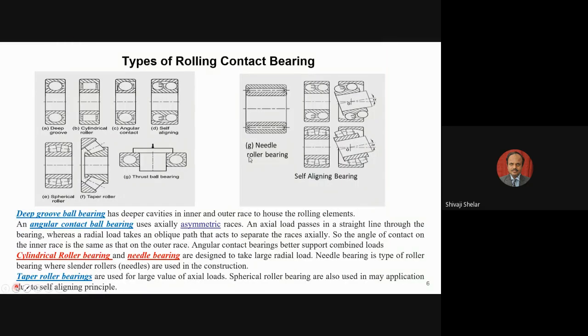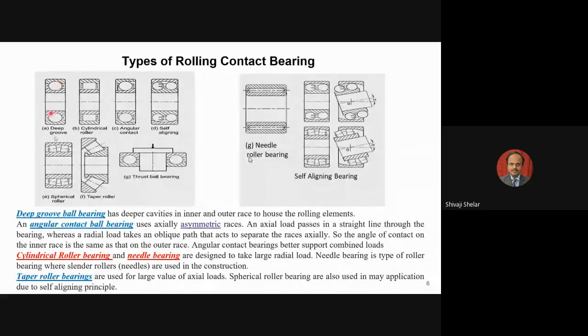Okay, so we have learned what is meant by sliding contact bearing, what you mean by rolling contact bearing. Then we have learned what the different types of rolling elements are. By using these rolling elements, you can make various types of rolling contact bearing. The first type shown here is the deep groove ball bearing. Let's understand what is meant by deep groove ball bearing. Here the rolling element used is spherical balls. A number of spherical balls will be used.